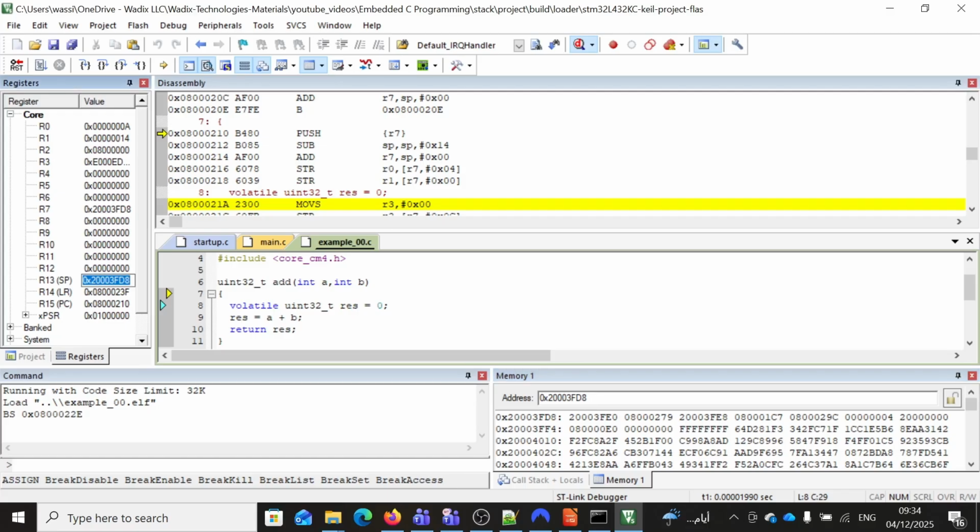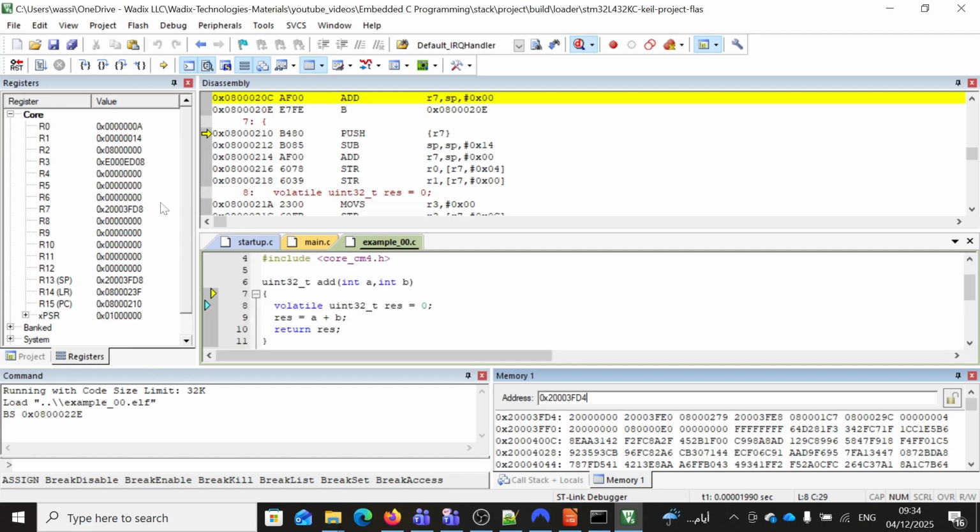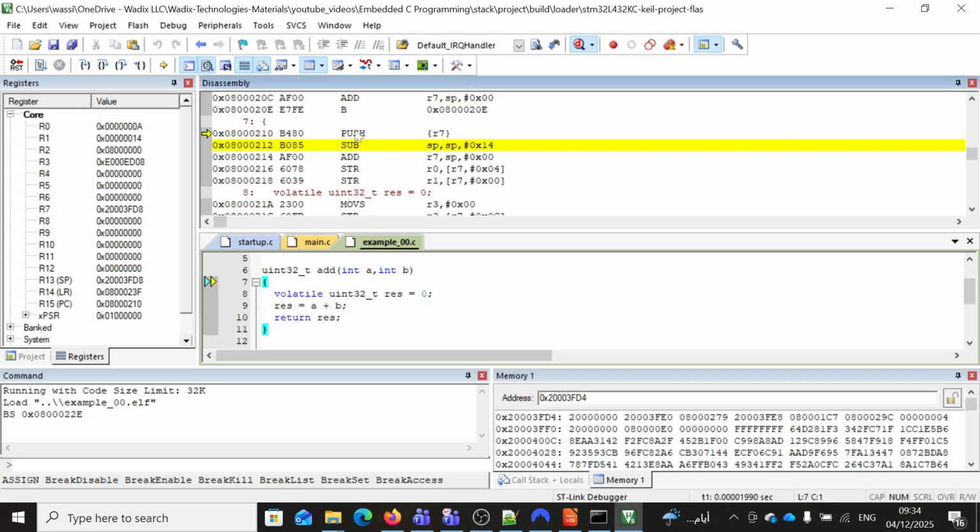This means that the expected value of the stack pointer after pushing the content of the R7 register will be D4 instead of D8. This is the content of our R7 register, and this is the content of the 0x20003FD4 address. Now, if we do a push operation,